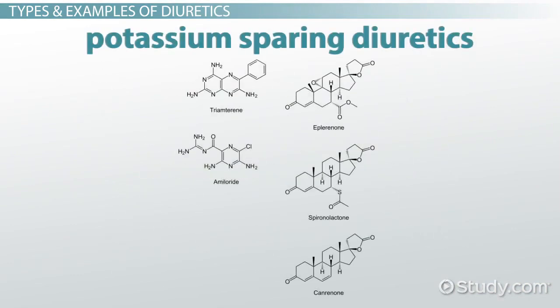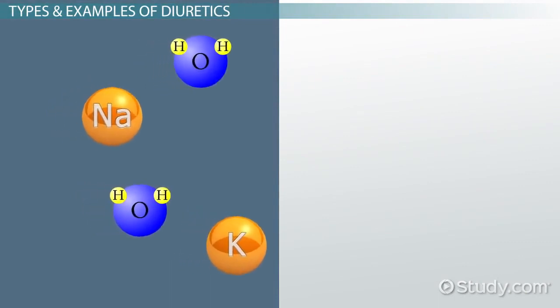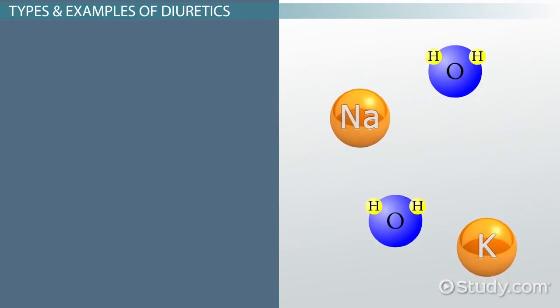3. Potassium-sparing diuretics. For some patients, loop and thiazide diuretics are dangerous because they cause the patient to lose not only sodium and water in the urine, but